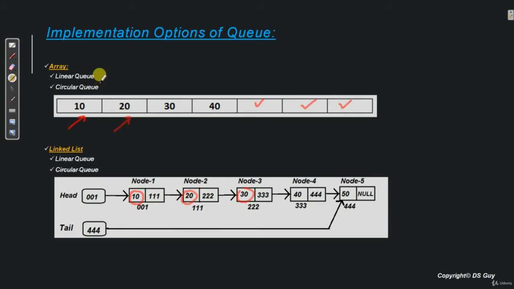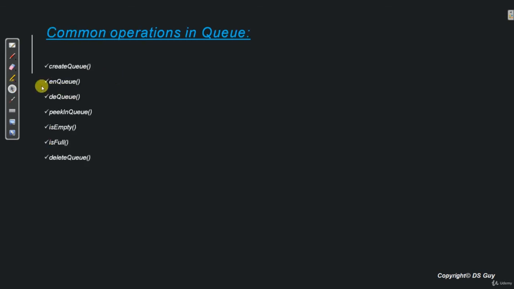Fine. So now that we have understood the agenda of the chapter, let's learn the first queue, that is linear queue using an array implementation. Now as we already told, these are the 7 operations that can be performed on a queue, irrespective of how we want to implement it. With an exception, like for example isFull is not applicable for linked list and there are other small changes here and there. So let's see all these operations one by one using array implementation.